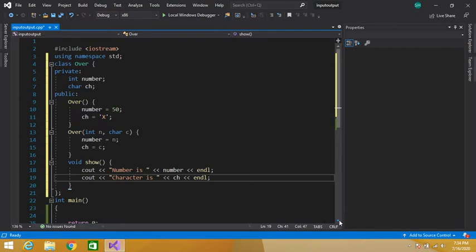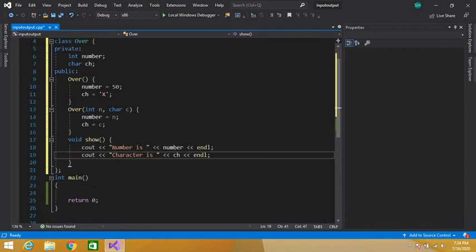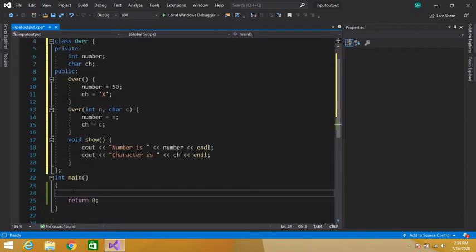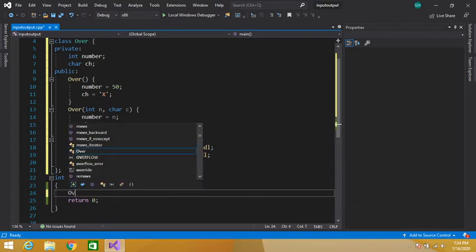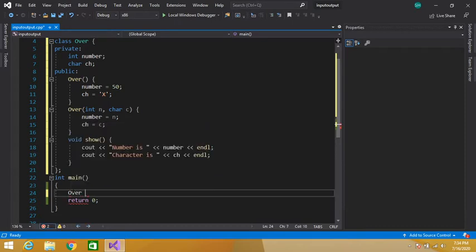Now in the main function, we know that when we create the object of a class, the constructor is automatically called. So let's write Over first. Our first constructor accepts no parameter, so it will be automatically called.